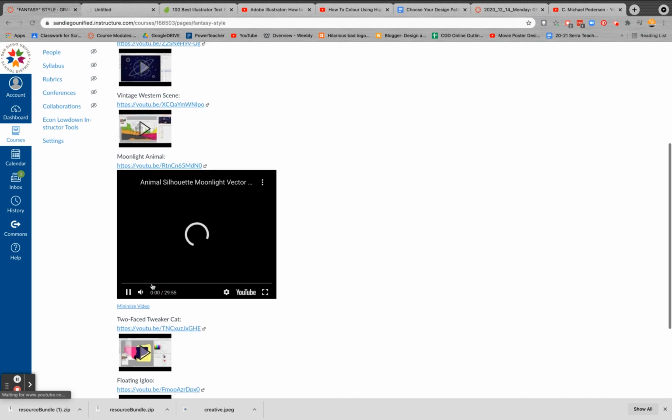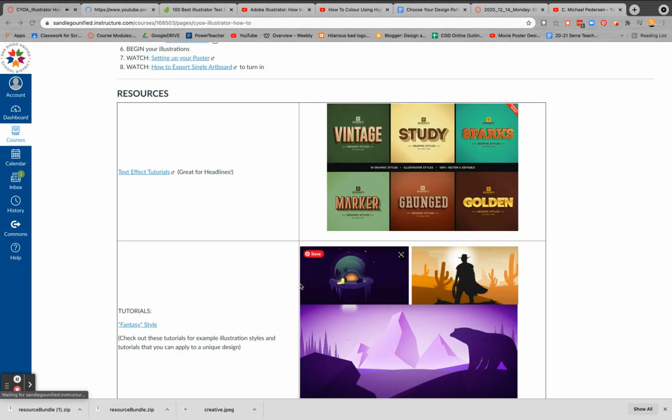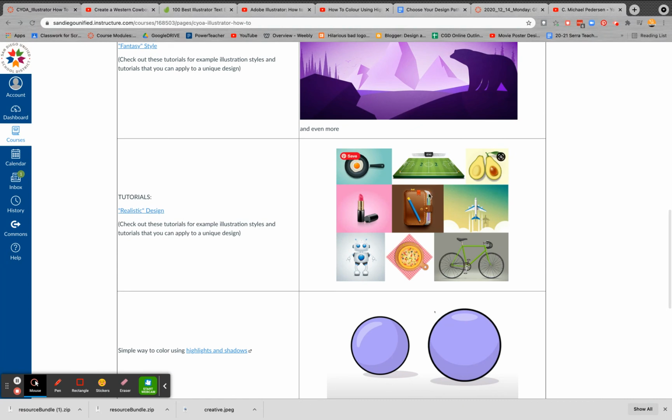So these are step-by-step tutorials that you may not necessarily follow to add into your how-to poster, but it will introduce you to some techniques that might be a little bit more interesting than building it just straight from scratch. So you can kind of see different styles. Same kind of thing here. In this realistic design, I've got several different tutorials that are set up. And again, I'm not looking for you to follow the tutorial and just slap that into the how-to